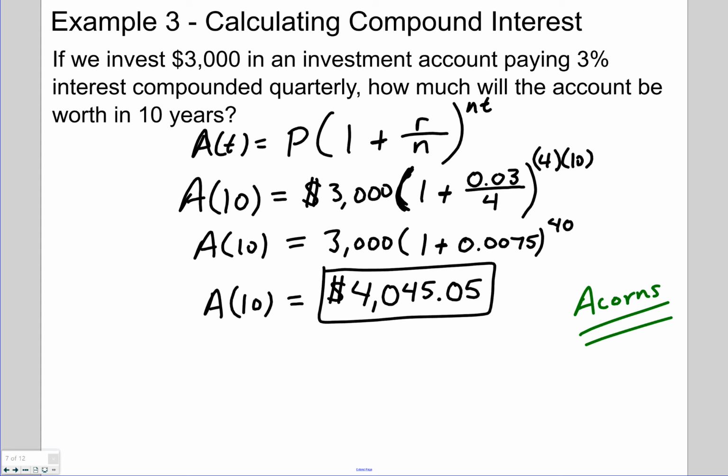Over the weekend, I went and filled up my car with gas. I think it was like $28.54. It doesn't matter, it's fine. How close is that to the next whole dollar? How many cents away is that from the next whole dollar? 46 cents. So what Acorns does, if you use Acorns, Acorns will take 46 cents and they will add it